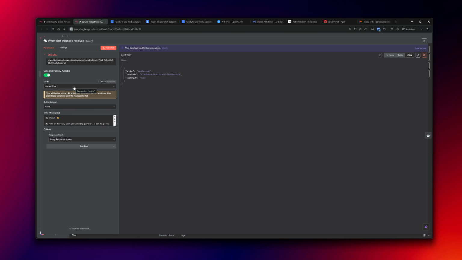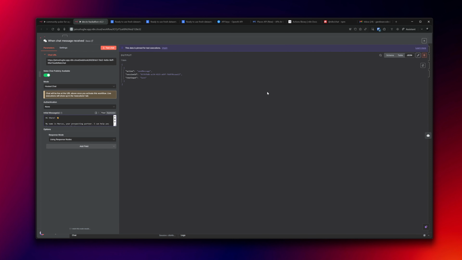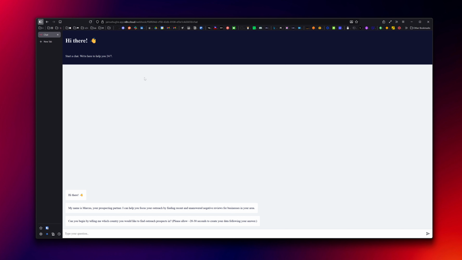Or if you wanted more customization options, you can definitely swap this chat trigger node out with a webhook node, which will allow you to send HTTP requests to the AI agent. So all you have to do is copy the chat URL here, since I've already published it and made it active. So let's go over to the chat here, and I'm going to refresh this to make sure that we're starting a new session, and then I'm going to ask it